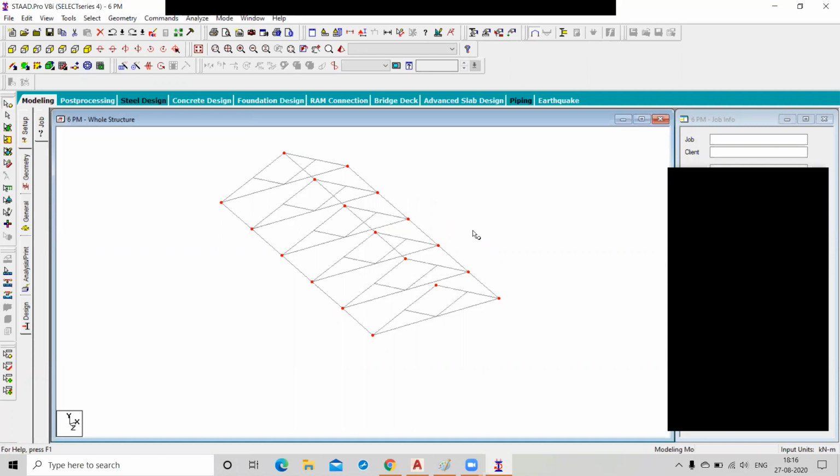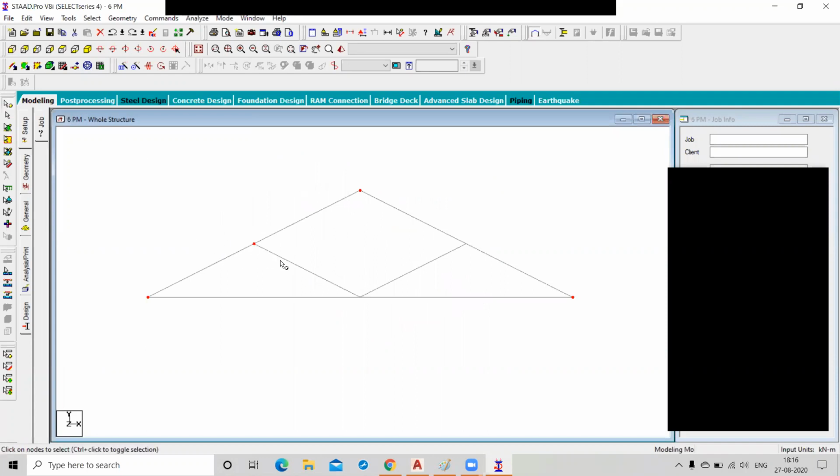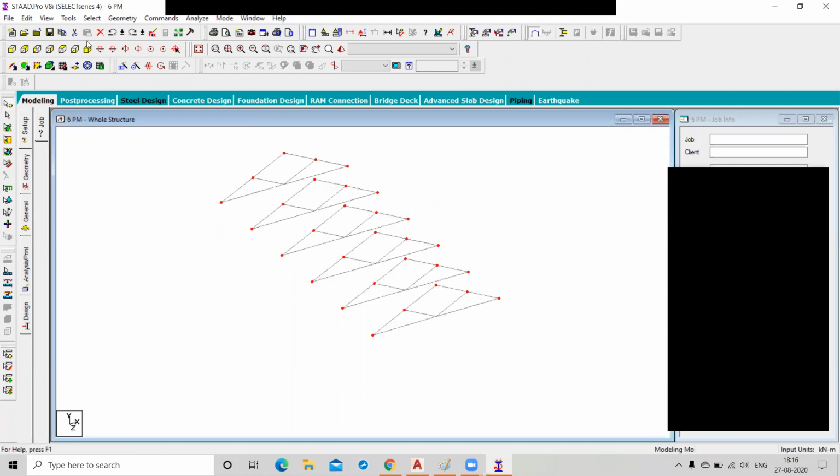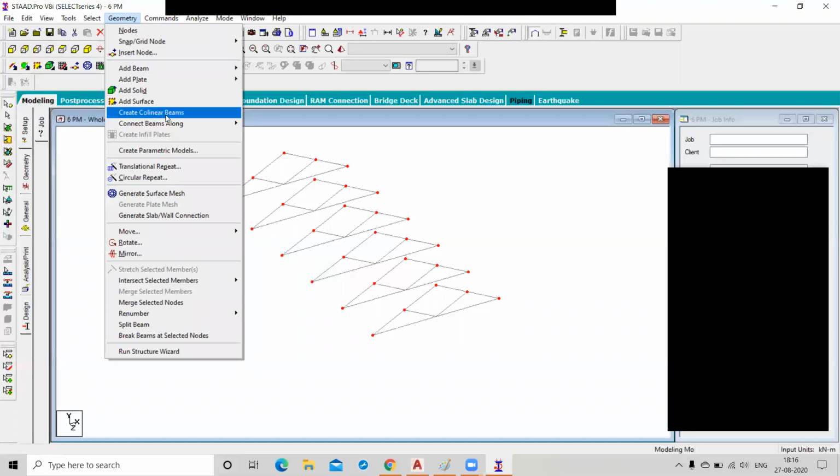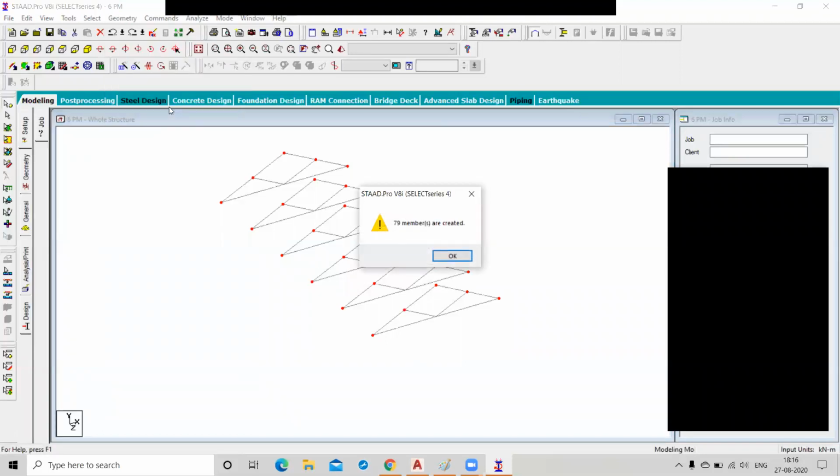But if I select all the nodes and select nodes, now see, 79 members are created.